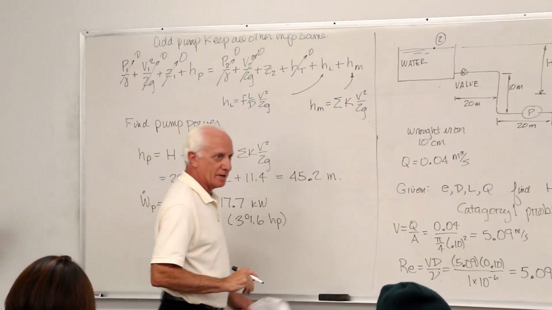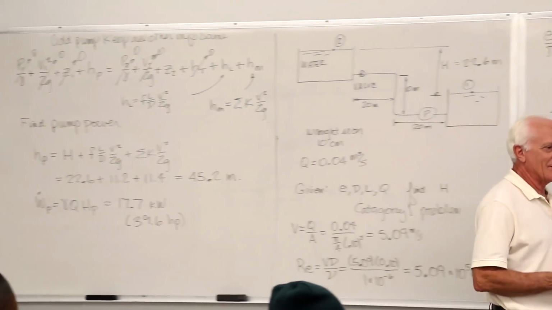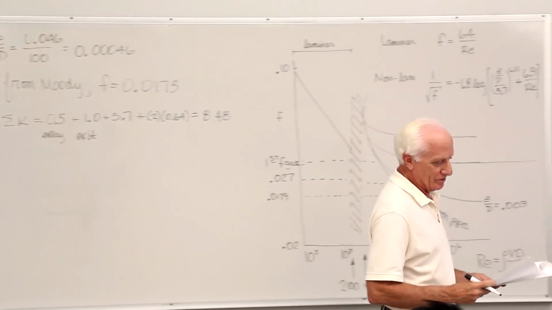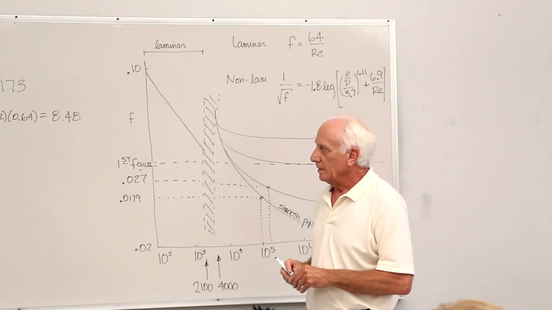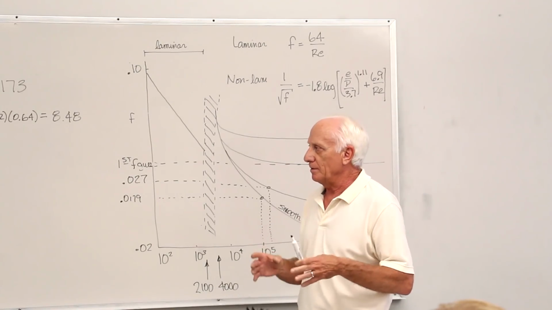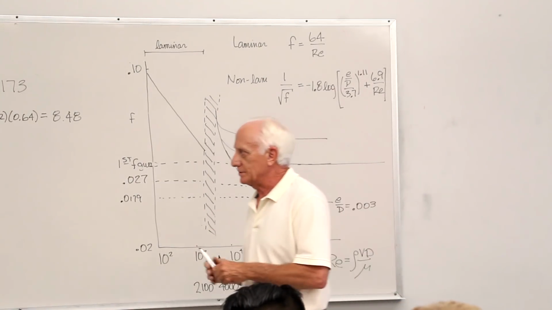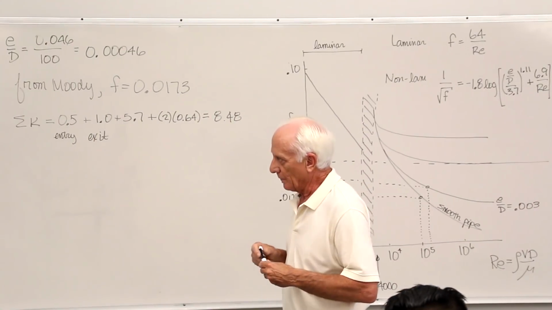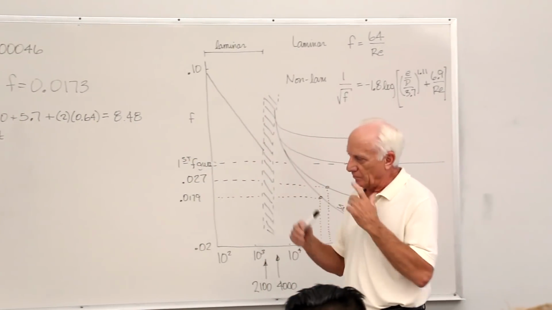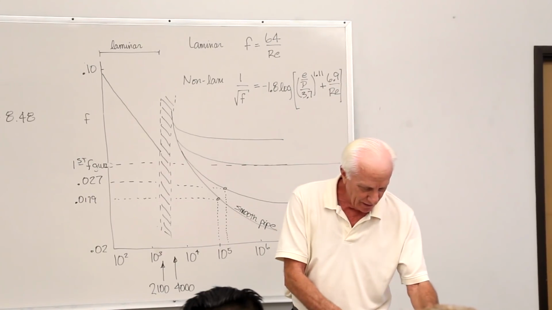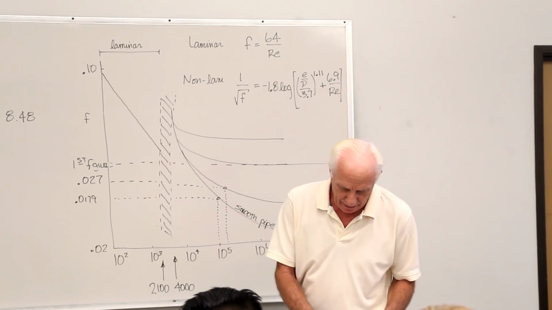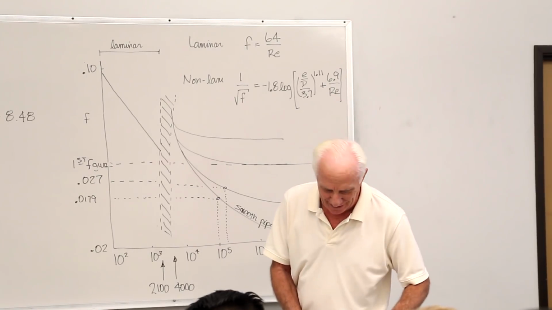You'd probably use the 40 horsepower. I mean, it's 40 horsepower needs to be driven, but the motor, of course, is more than that because of the inefficiency of the pump. So anyway, the power the pump must provide to the water is 17.7 kilowatts. So we work the problem each way like that, which is a good thing. Okay, any questions on that?